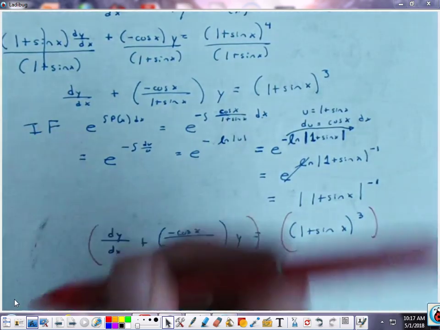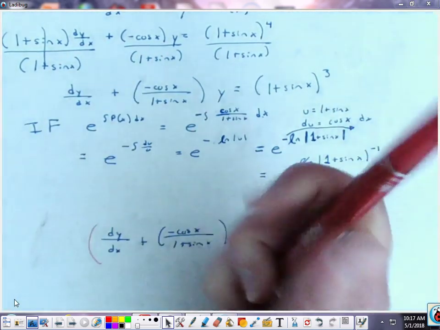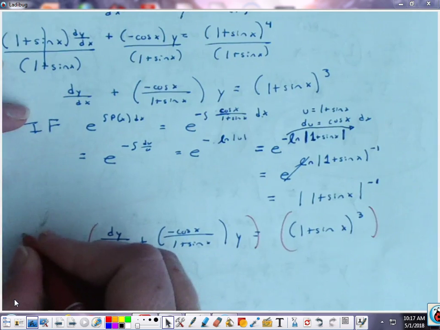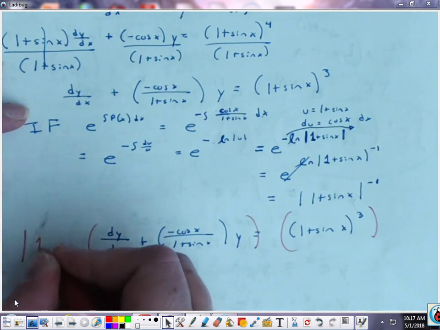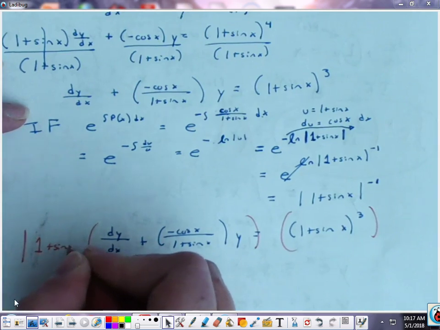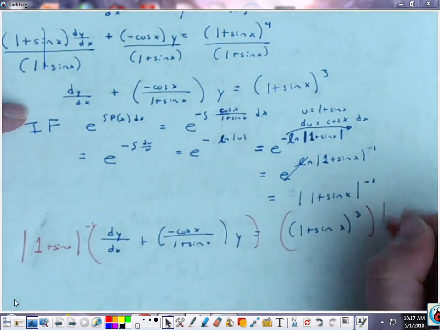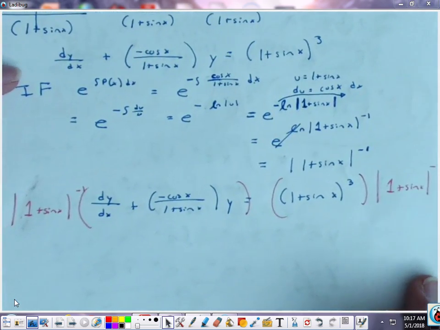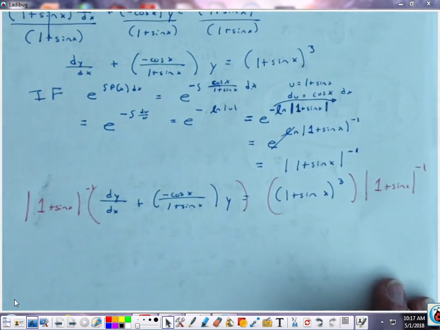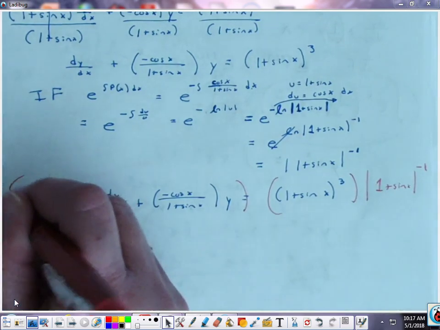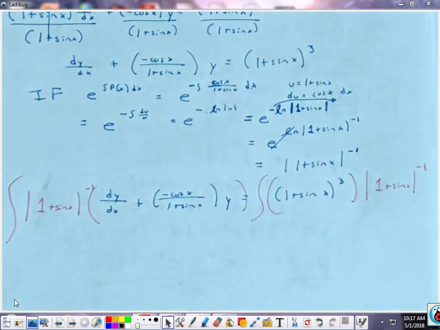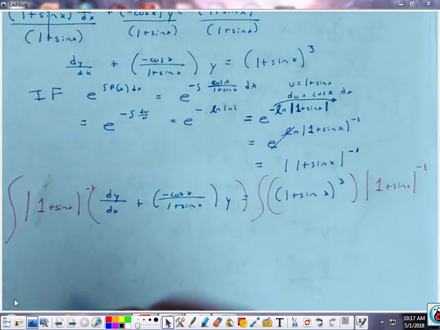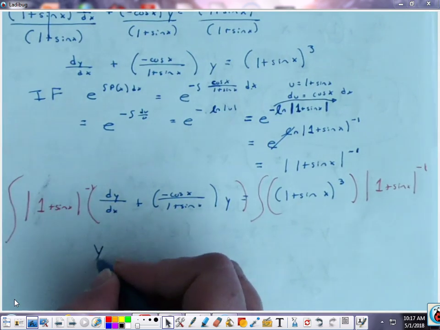Oh, it erased ugly. I hate that. So, okay, so I'm multiplying, I'm going to have to zoom out a little bit, both sides by the integrating factor and integrating. So on the left side I have y times,